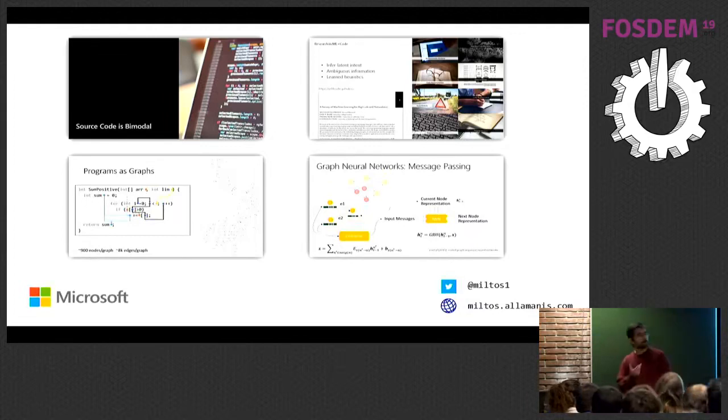Yes. So the question was, first of all, how do we initialize the information within the nodes of the graph neural network, and whether it is robust to removing bits and pieces of the graph. In our case, we initialize the graph neural network with natural language information, like the variable name, the name of a type, or the fact that a node is a dot or something like that.